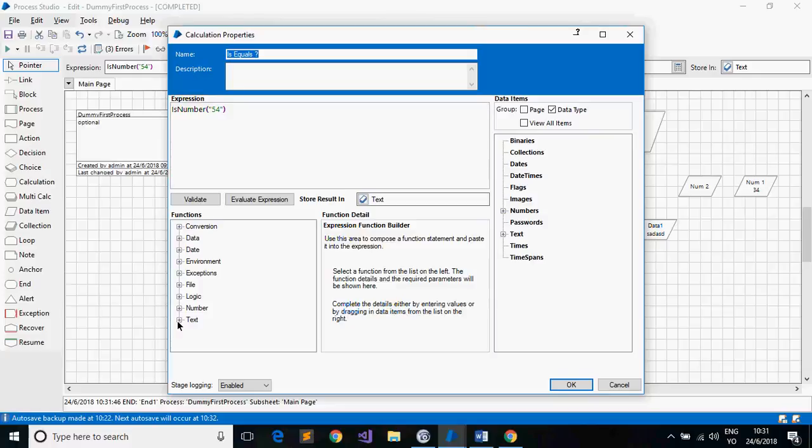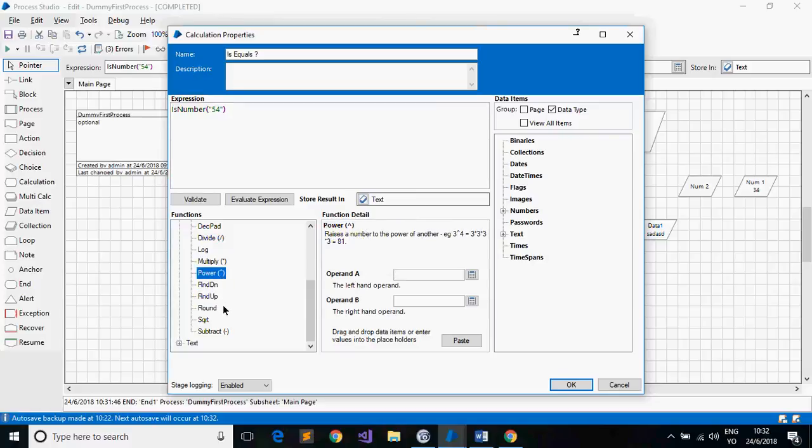So you can practice. Till now we have discussed text, and you yourself need to go through the different functions of text. Then we have number: round down, multiply, divide, power, and all these number functions. Then we have logic, where we have comparing. AND operator equals to false. What is AND? If I want to compare something like this, if